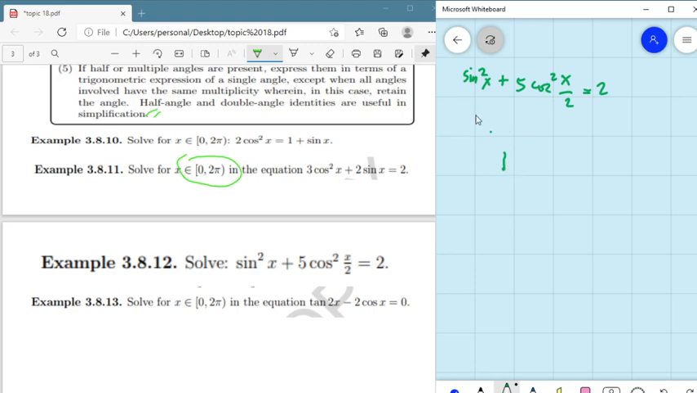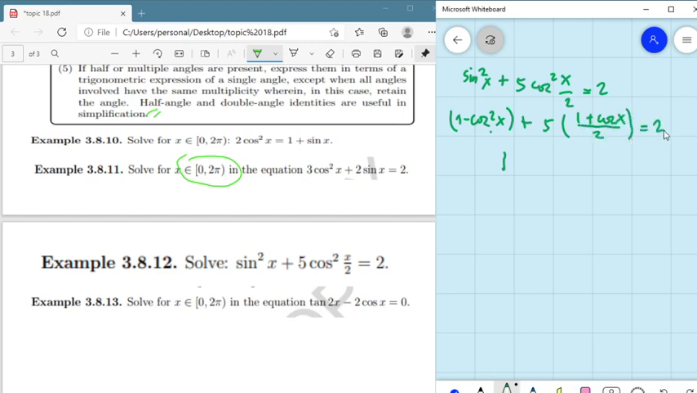So we have the sine squared, so that they all become cosine, because otherwise we cannot do it. Okay. So sine squared we can convert to 1 minus cosine squared, right? Then plus 5 times cosine squared of x over 2, which can be replaced with 1 plus cosine x over 2,